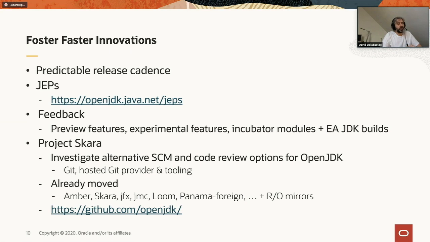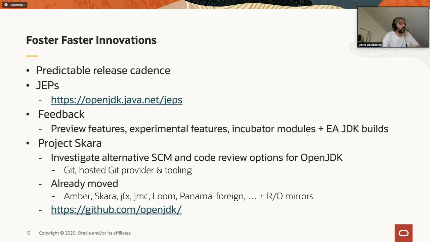Next to that, we have also put in place multiple feedback mechanisms that we use to get feedback on non-final features. Whenever we put something into the platform, as soon as it's final, it's there forever. It becomes permanent. So we'd better get it right before we turn something into a permanent feature within the platform. For that, we have multiple mechanisms to give developers non-final features. We encourage developers to use those non-final features, and based on the feedback, we can still make adjustments to those features before we make them permanent.